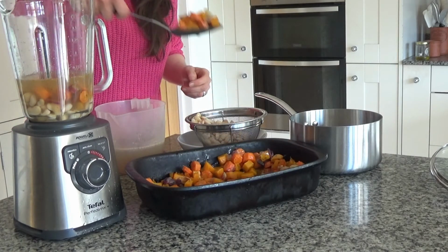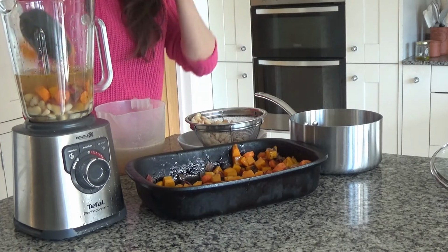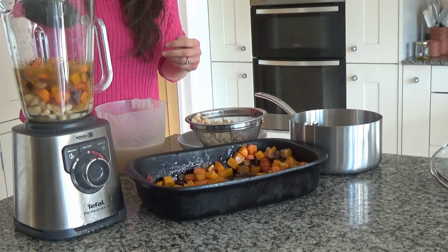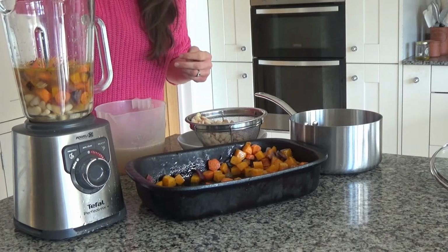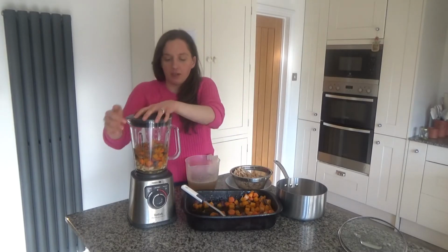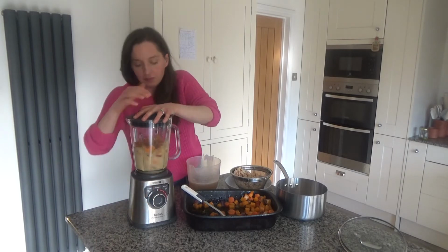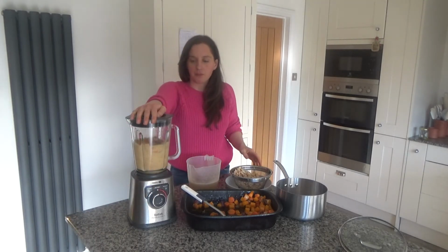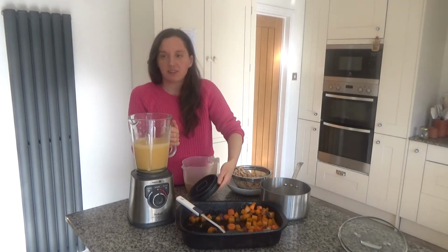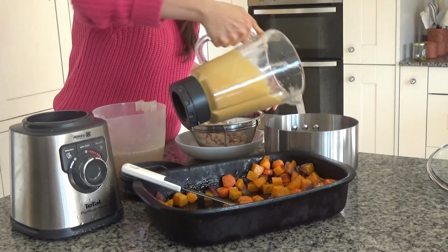And as I said, I'm going to blend all of these together and hopefully they'll make a really nice tasting soup. We have had this lots of times and we do really like it, so it's one of our favourites. So I'm going to put the lid on now and I'm just going to blend all of these ingredients together. Right, so I've blended this until it is smooth, like so,